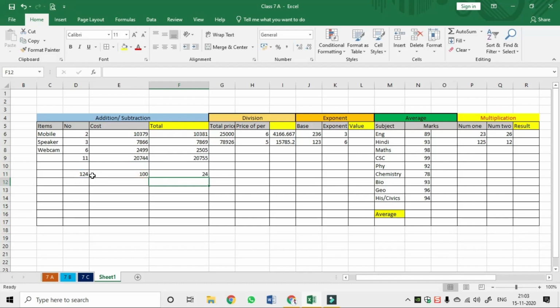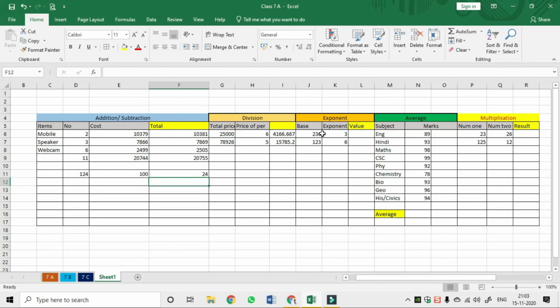Okay, another method is also there. Later I will discuss it with you, because I don't want to put you in trouble and make you confused here. First, understand the fundamental operations of mathematical calculation in the Excel sheet. Once you understand the basic level, then you go for the intermediate level. It's just an introduction. Okay, now we come to the exponent, sorry, division we got done.